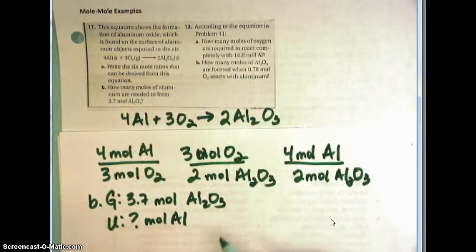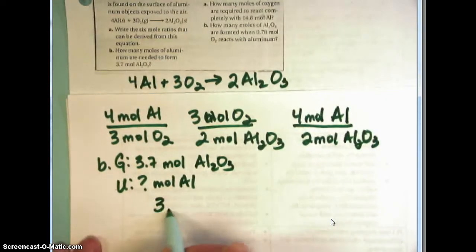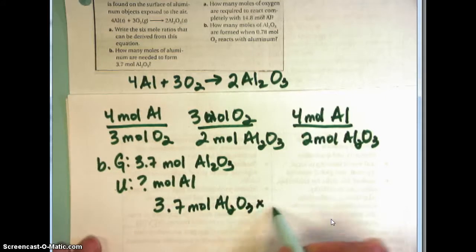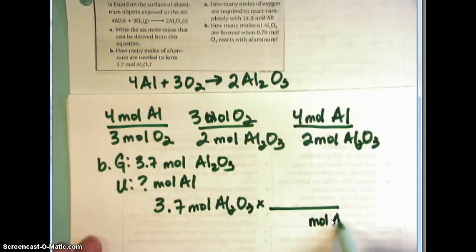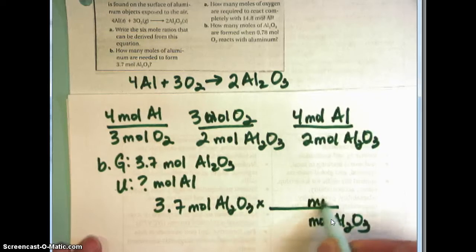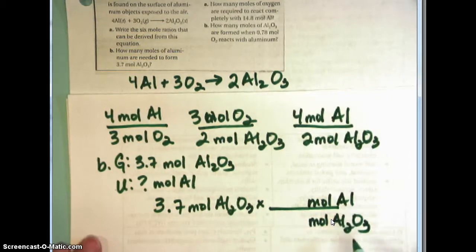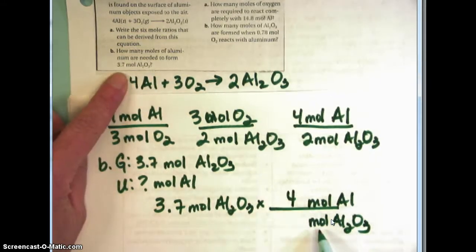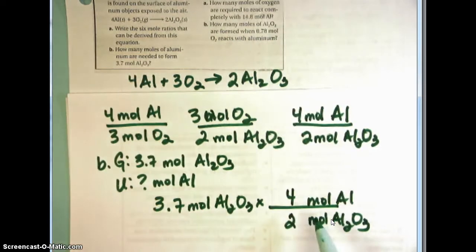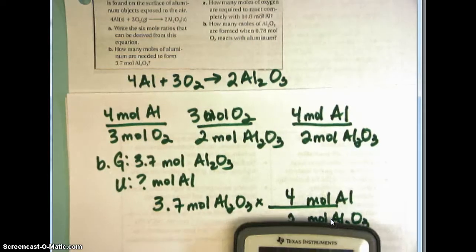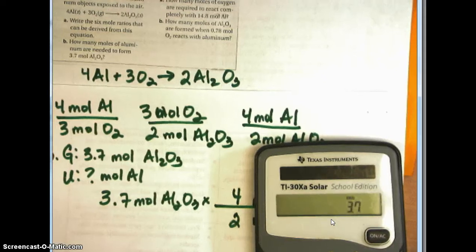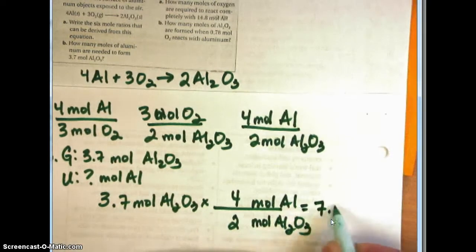So we always start with the given. In this case, 3.7 moles of aluminum oxide times, we're going to put moles of aluminum oxide on the bottom, and moles of the unknown, which is aluminum on the top. And we are going to use 4 moles on the top to 2 moles on the bottom. And in our calculators, we'll do 3.7 times 4 equals, divided by 2 equals 7.4